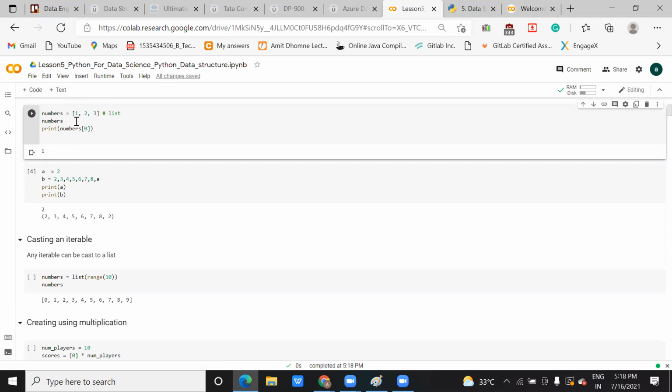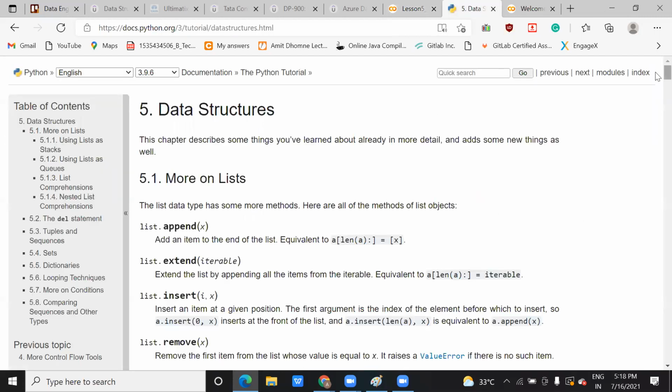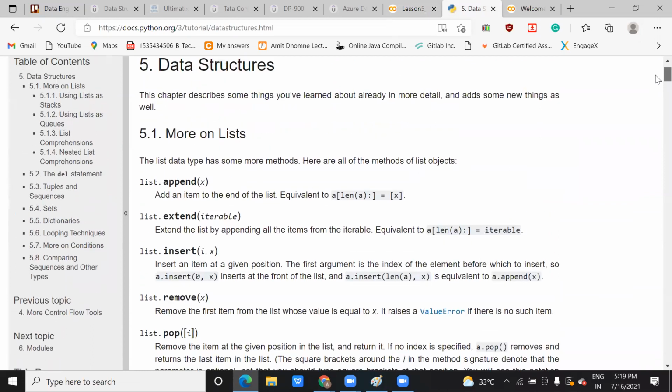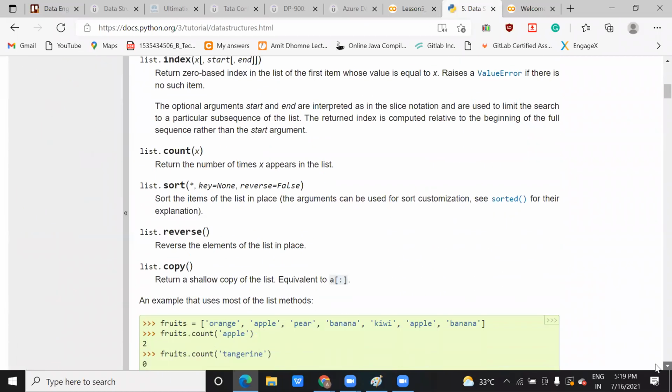That is the only difference here. This number is acting as a single entity, which is of my list type, and that is a collection holding all these three elements. What I'm doing here is trying to access an element, right? So this is called a data structure, meaning I'm trying to access the element of my data structure. Here you will get a lot of examples of this data structure: list.append, list.extend, list.insert, list.remove. These are all different options that you can use. And this example also.